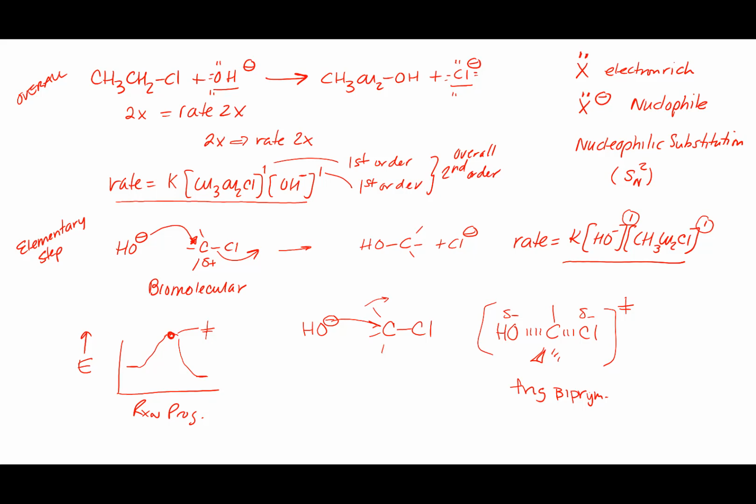It's one step, hydroxide attacking carbon, going through this transition state to the final products. And it's a bimolecular mechanism. So I'm giving you examples of all these different terms that we're talking about. If I want the reaction to go faster, I need to somehow lower the transition state energy. And we'll get to that. Right? So that's